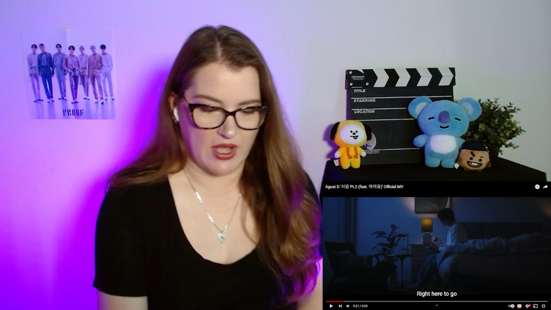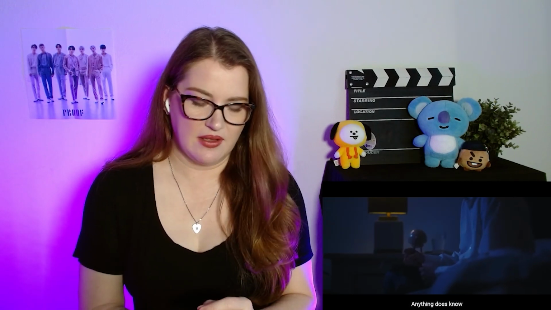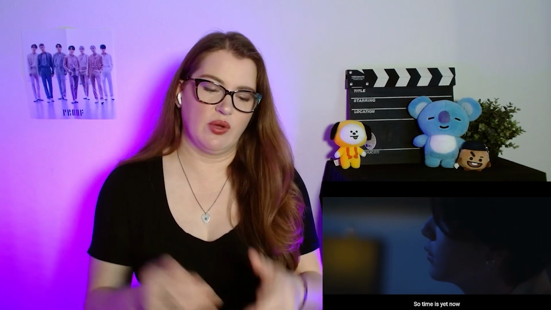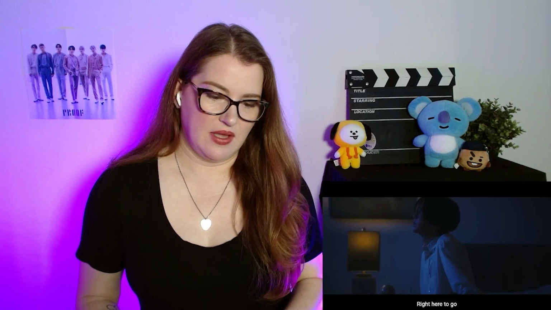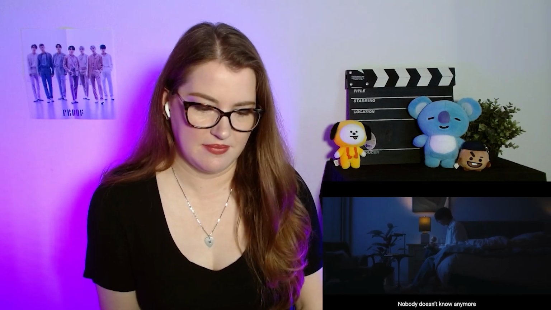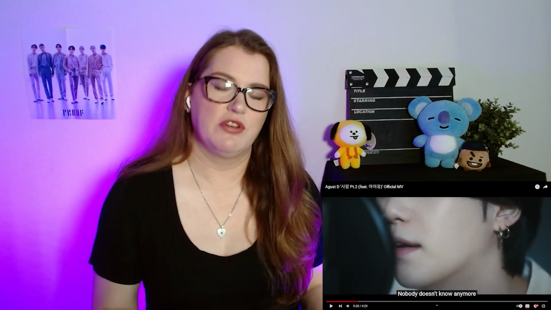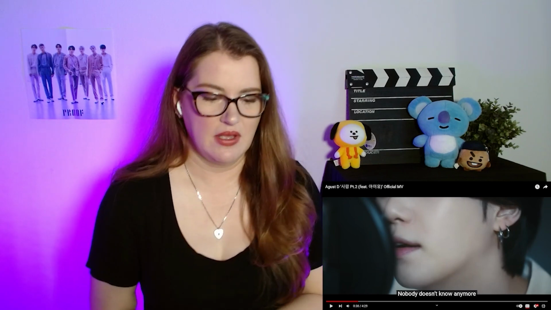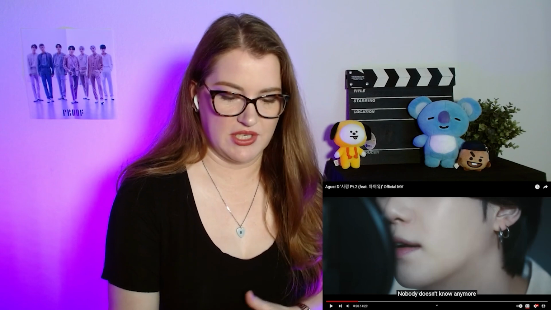So we start off with a wide, and we go into close-ups, showing him writing. It's kind of hard to see the writing when you're further away, so it's important that we go in for that close-up. And then here we have another close-up, a medium, and back to wide. When you're filming, you want to film a variety of shots like that so that you can cut between them and make it more interesting.